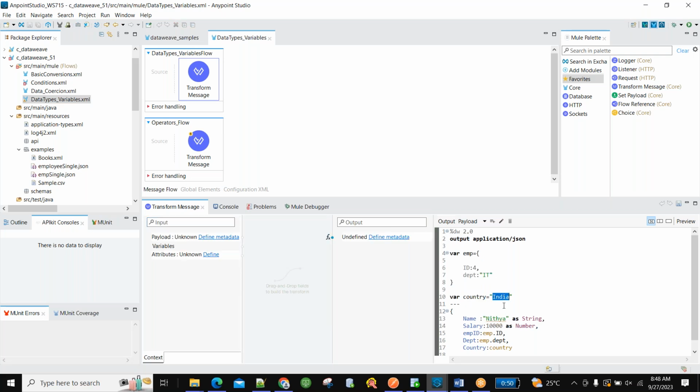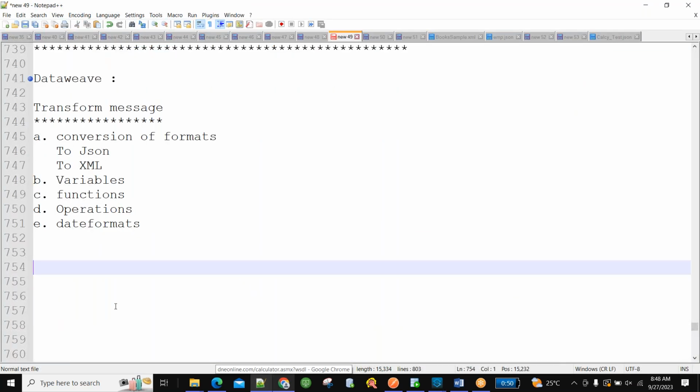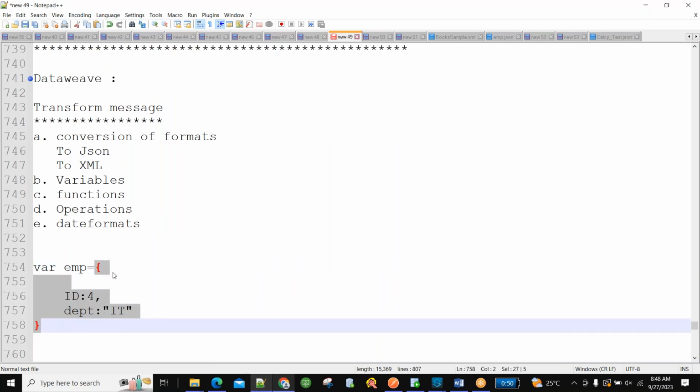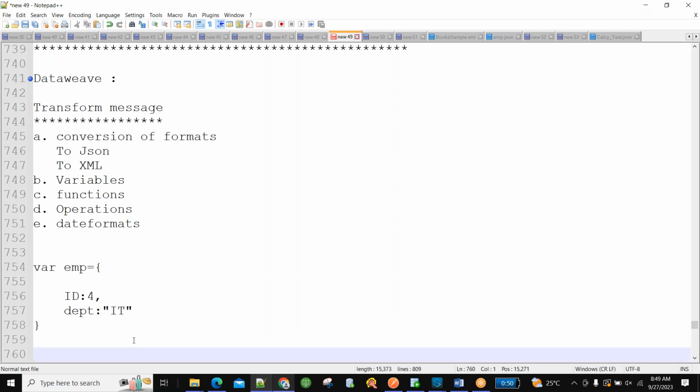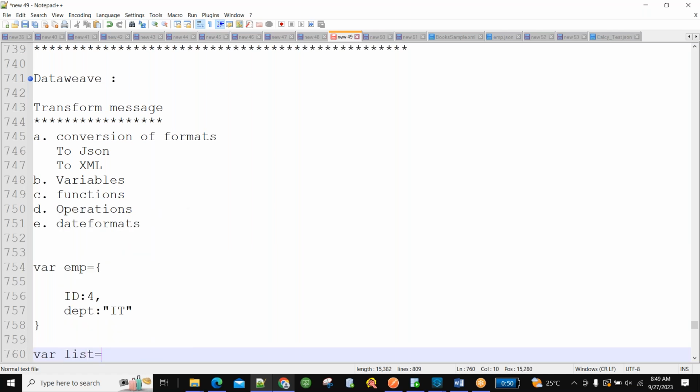Normally, country India I have declared. That is one way, right? Another way of declaring a variable is to store an object in the variable value. We can create an array as a variable. For example, a variable list I can say, and in the list, even an array list you can declare.